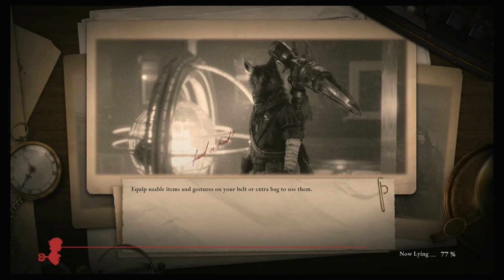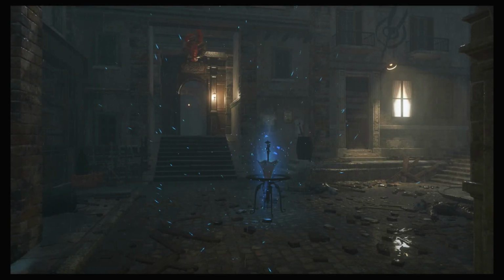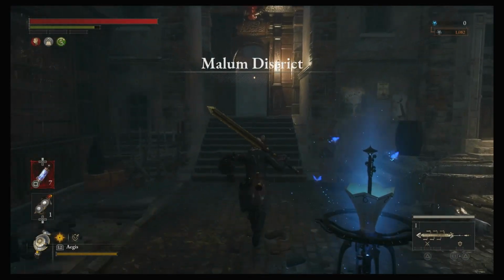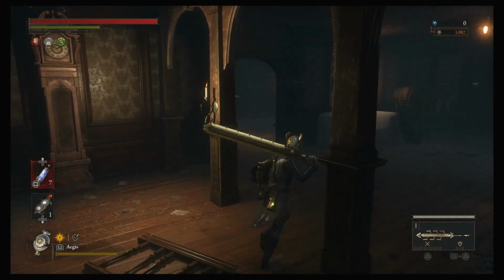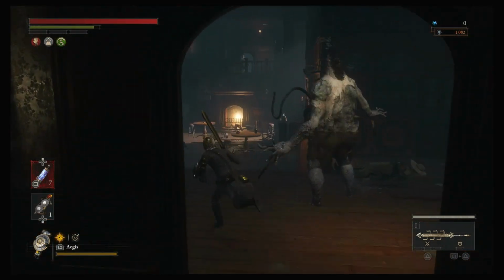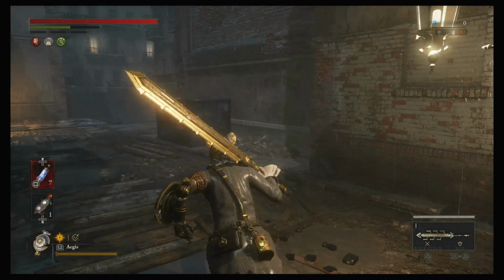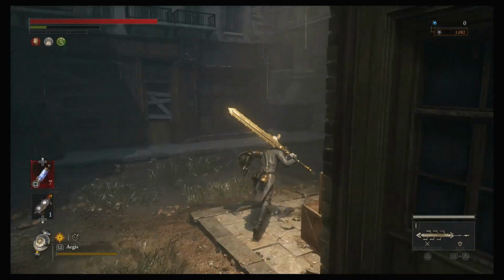Maybe if you stand too close to him, he will keep attacking. So, it can be annoying. He does hit very hard, and he does swing very fast. But ultimately, it's not super difficult. But, I mean...